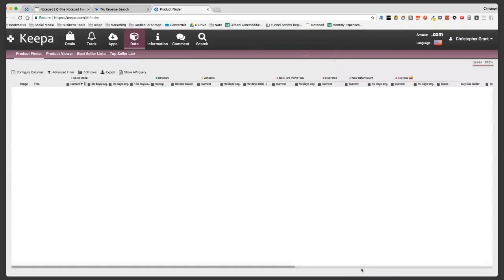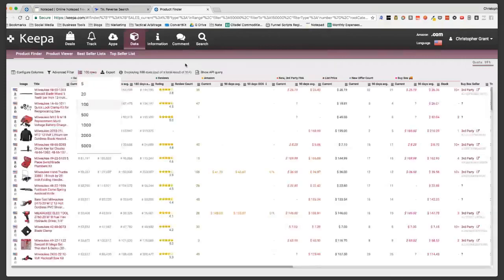Now, I only have this set to 100 rows to minimize my data usage. But you can change this from 5 to 5,000. Okay, we're going to leave it on 100 for now. You can see that it's displaying 100 rows out of a total of 300. No particular reason for 50 to 100K. I just didn't want to do 1 to 5,000.